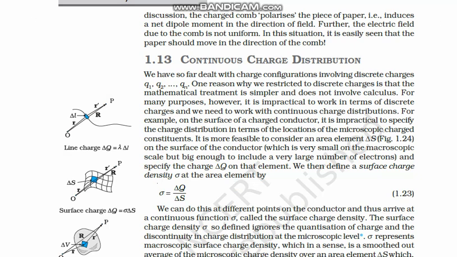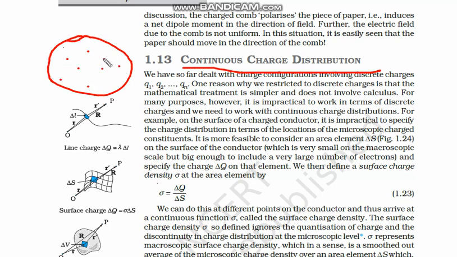Why is this continuous charge distribution important? First, let us understand why this is important. Suppose we have a body and even a microcoulomb charge is present. So there are 10 to power 12 or 10 to power 13 charges. If we try to solve the equation for all of them, that means 10 to power 13 equations, which is huge, so we cannot solve them. So instead of taking charges as discrete, we take charges as continuous. That means there is no discreteness, which makes our life simple. Okay, so how can we do this? Let us see.